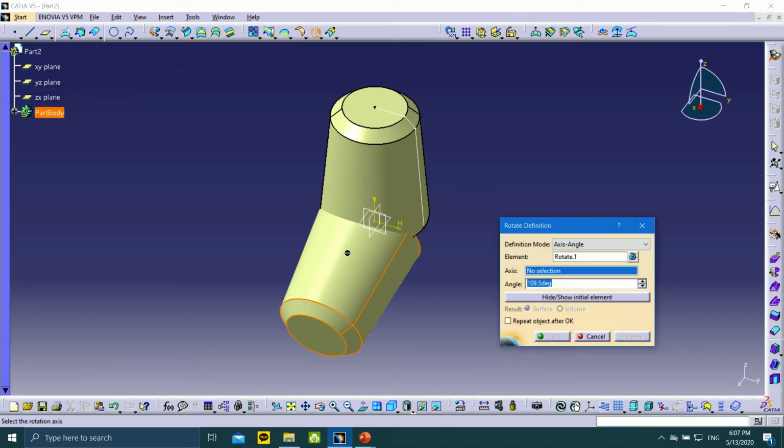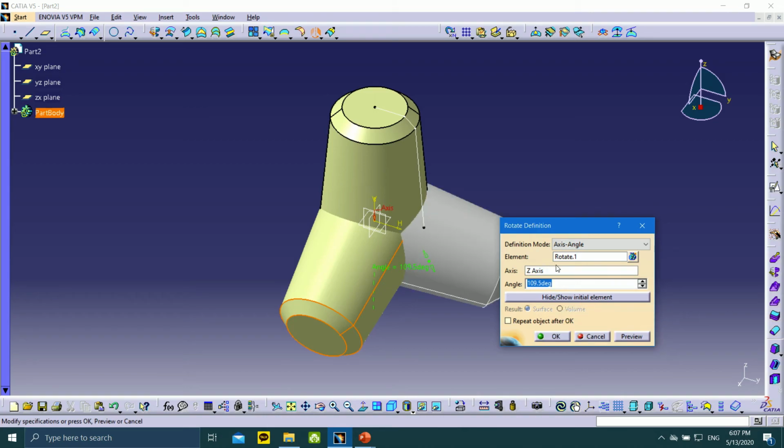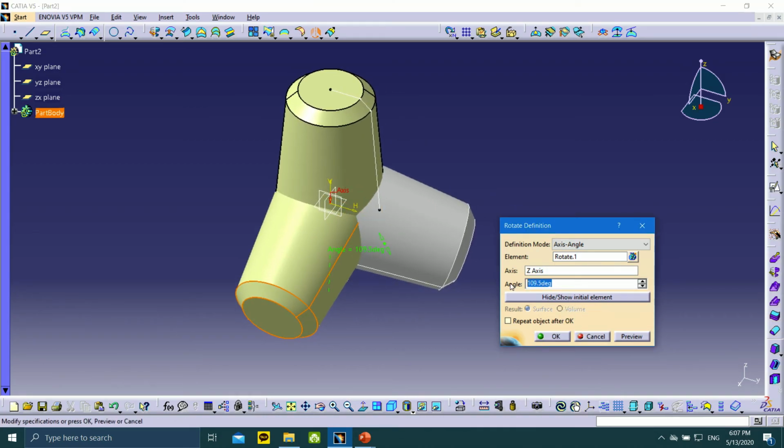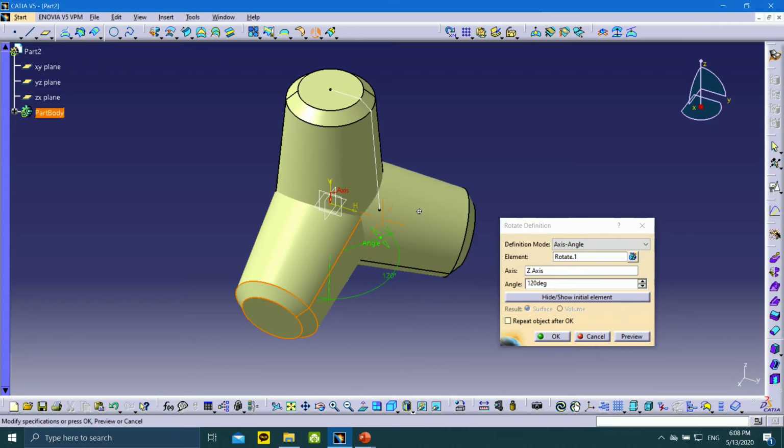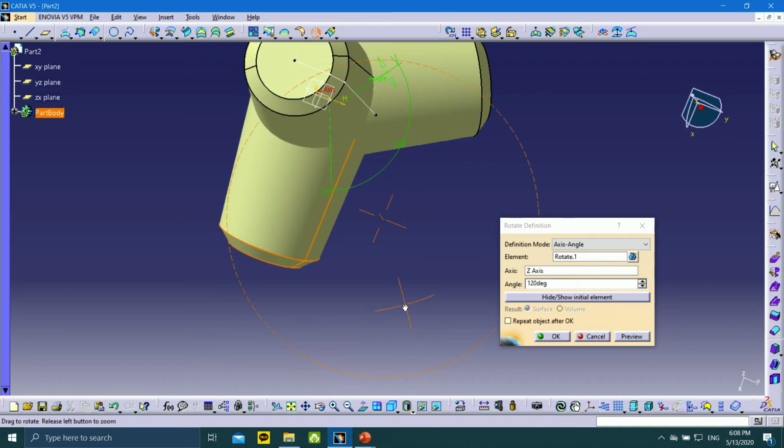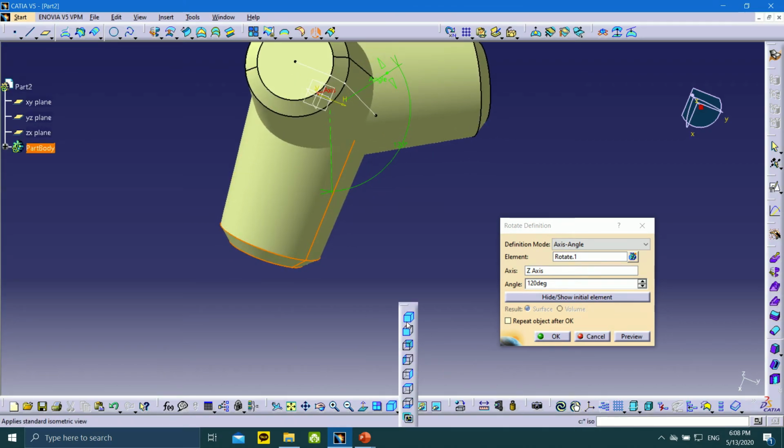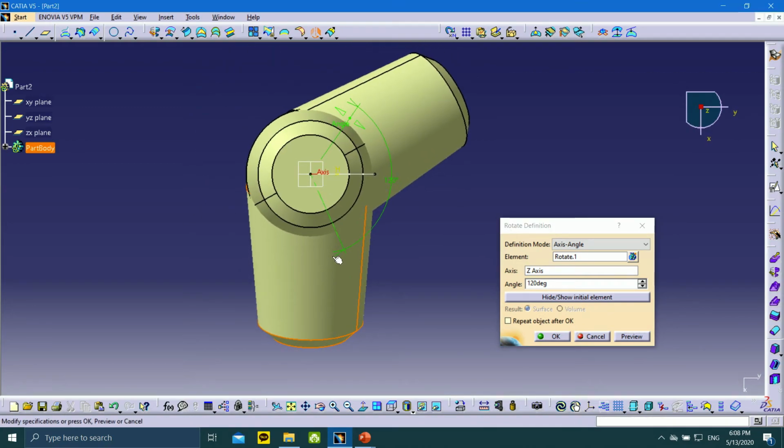I think select this surface, select this kind of surface. Okay, and rotation axis, z axis. Okay, no problem. Typing 120 degree angle. If you see from the top, this angle 120 degree. Okay,